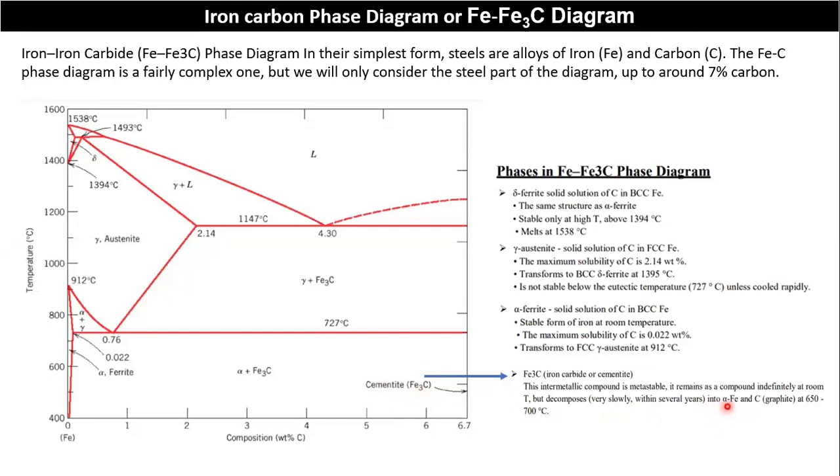Now, into alpha ferrite and carbide at 650 degrees centigrade to 700 degrees centigrade. So from this point, what type of temperature? 650 to 700 degrees centigrade. 650 means it is nearly by this constant temperature line, so it is 727 degrees centigrade. So nearly by here, in this region, if you maintain the temperature, what happens? The decomposition is very slow. That means rust formation will be avoided. Again, the temperature will be maintained.